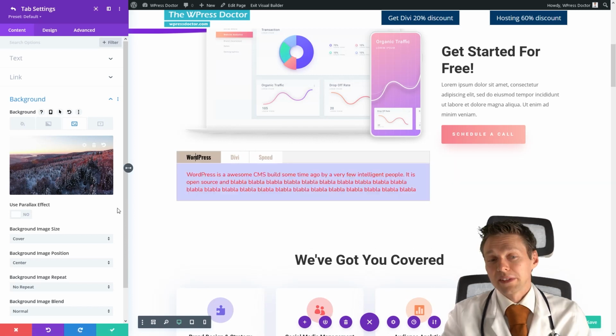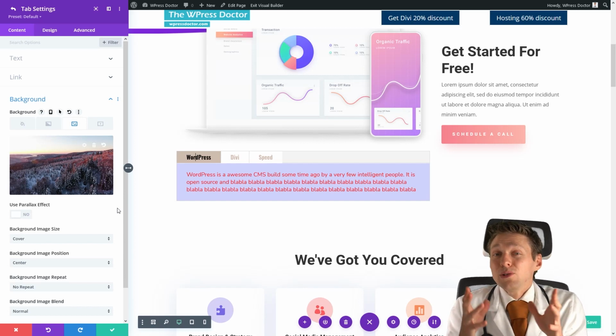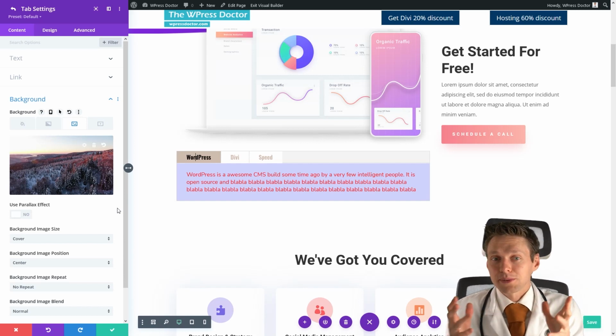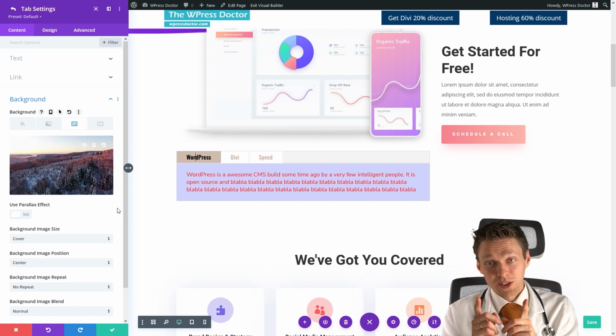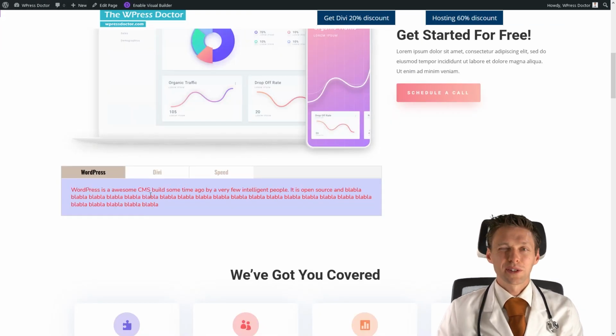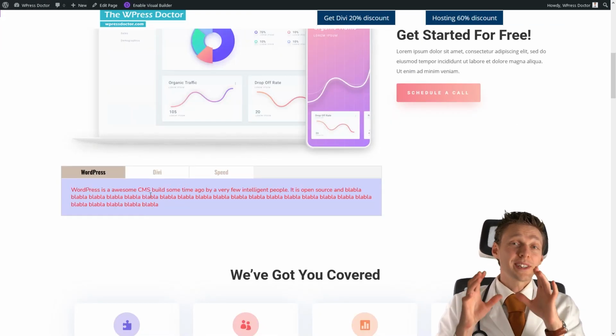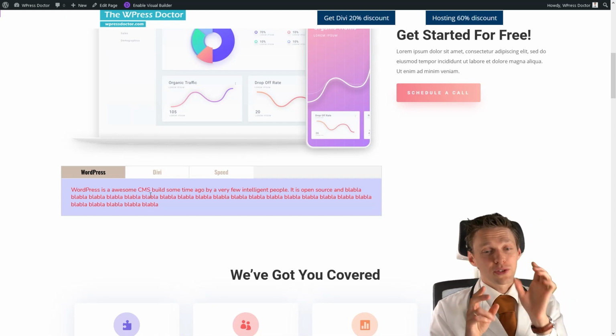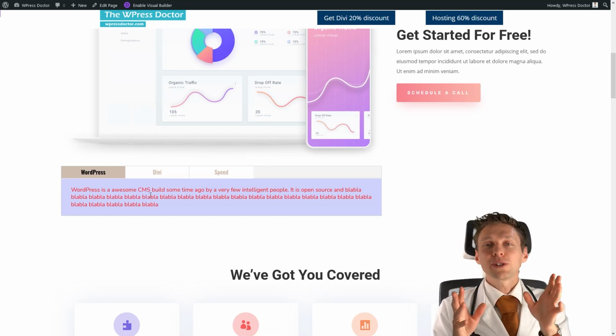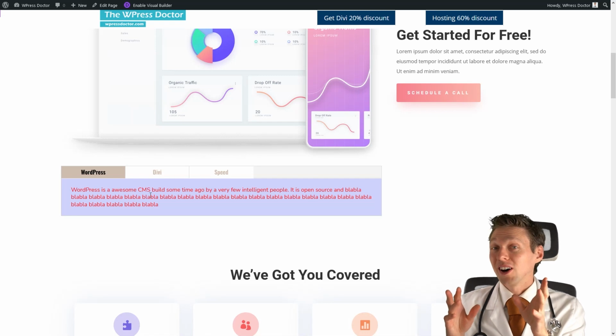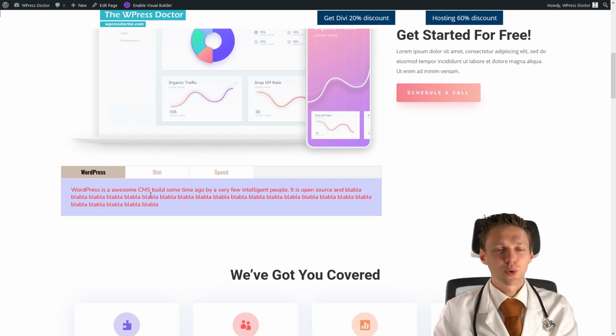It's pretty cool. It's actually a pretty normal text module, but with tabs, so you know how to change that one, don't you? This is actually pretty boring. What if we can create 2 tabs with 2 images or even more, and you can actually create something really awesome with that one? Let me show you what I mean.